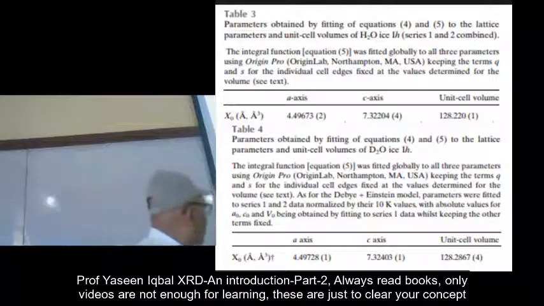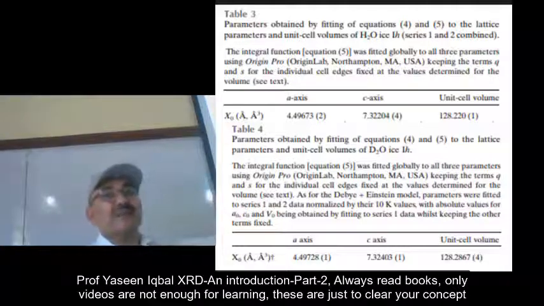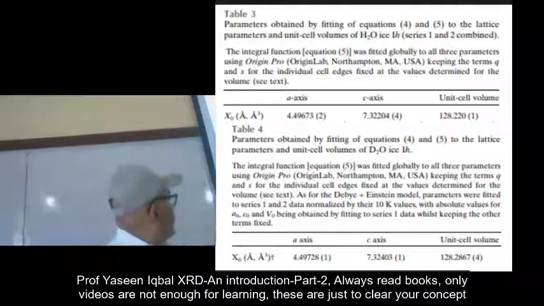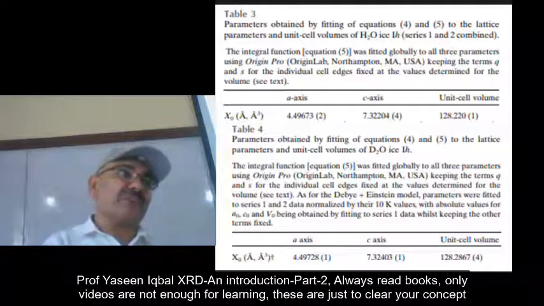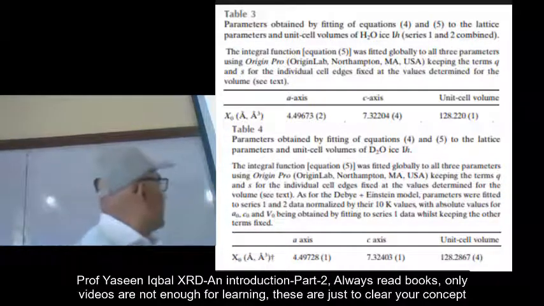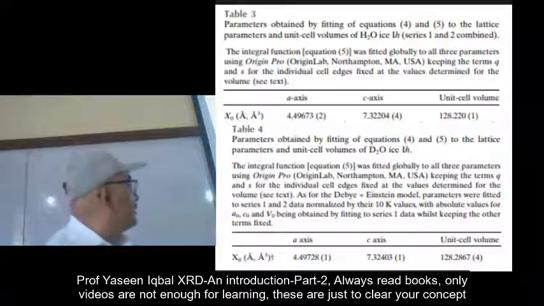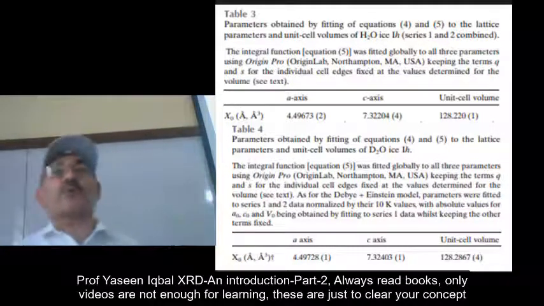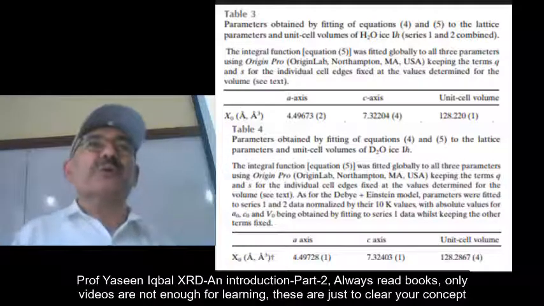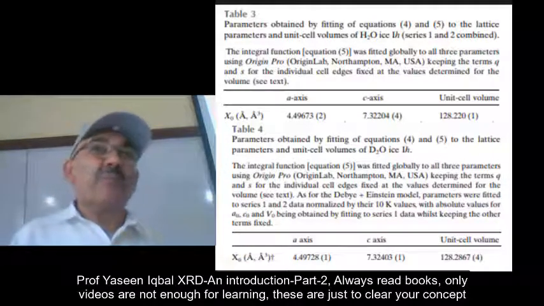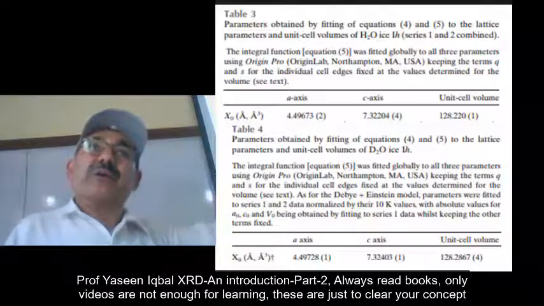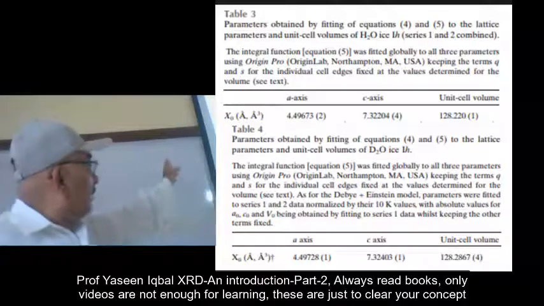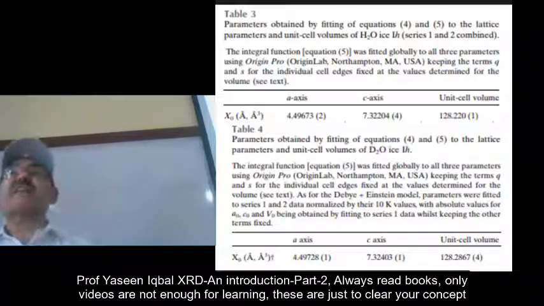4.49673 and 4.49728. The difference is 0.001 something or less than that. 0.001 angstrom or less than that. Similarly, the C parameter 7.322 and 7.324, 0.002 is the difference. Can you measure that with something whose resolution is not of that level? Never. Because when you look into the X-ray diffraction pattern,